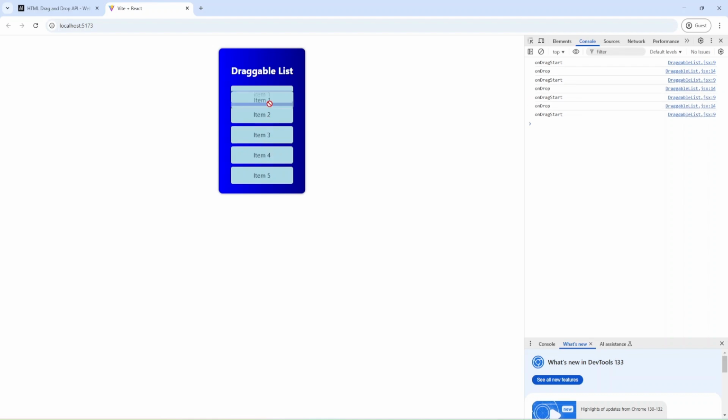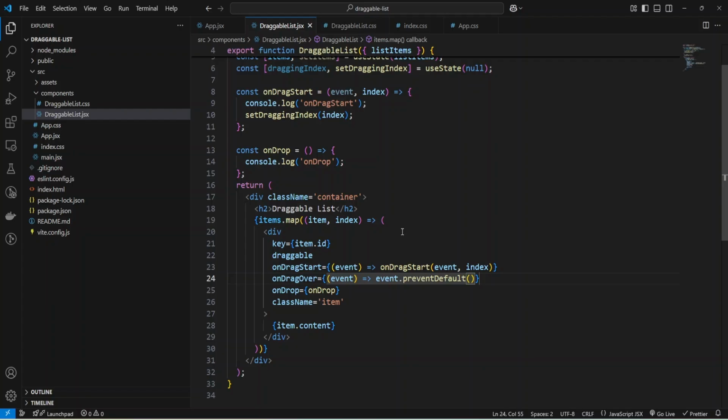Okay, and now we need to add functionality to change the order of the items. And we need to know which index, which item we need to change.